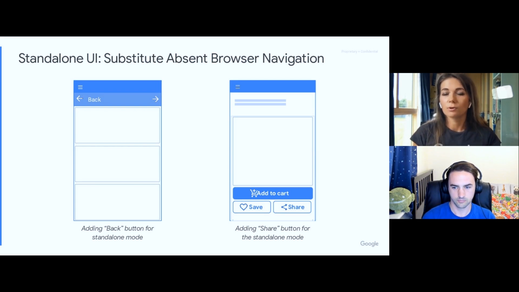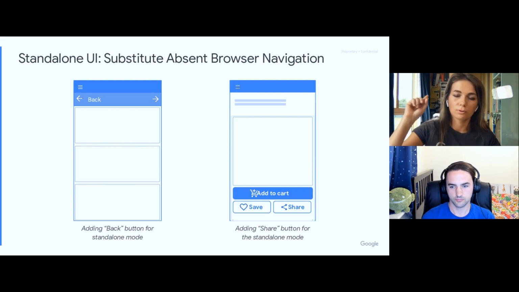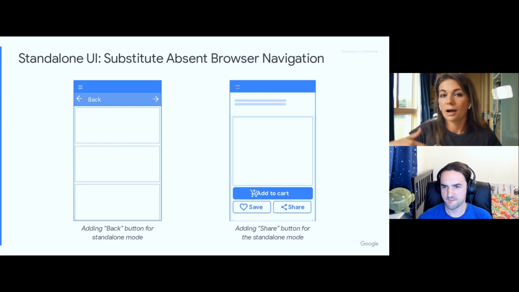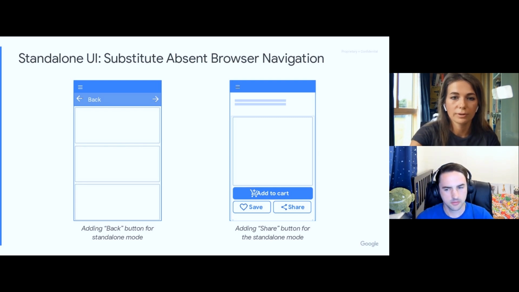At the same time, on both Android and iOS, the user will no longer be able to copy the URL if they want to forward it to other apps or messengers. So consider implementing calls to action like share that trigger the web share API, and you can read about the web share API on web.dev.